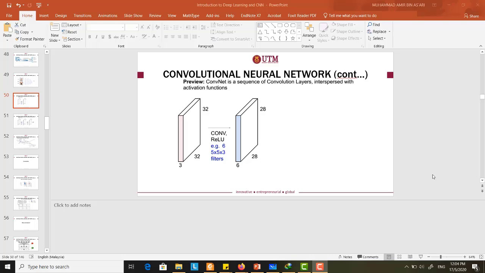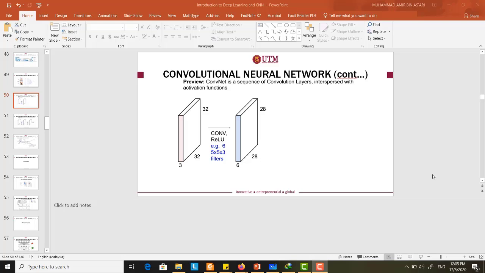Even in an image processing class, 50% of the topic is about the convolutional operation. It is the same operation that we use in image processing,